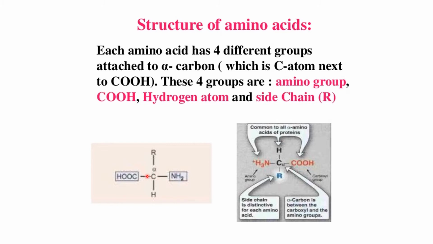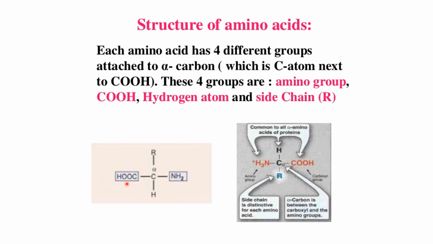In the center you can see there's a carbon atom. This carbon atom is the alpha carbon atom because it is linked to a functional group, which is a carboxylic group. You all know the chemistry behind carbon. It is tetravalent, so this tetravalency is covered by 4 groups: one is the carboxylic group, another is the amino group, the third is the R group, which is a side chain, and the fourth is the hydrogen atom.